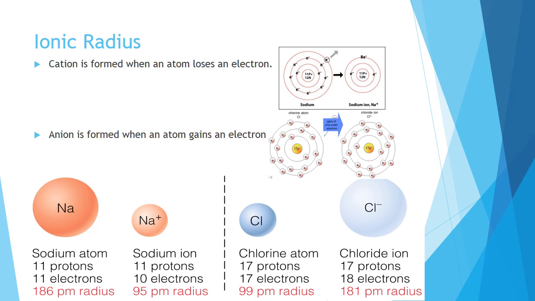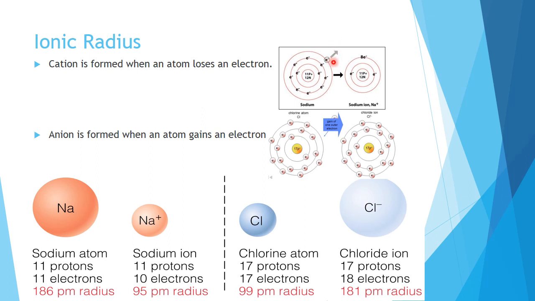When an atom loses or gains electrons, it forms ions. For example, when sodium loses one electron, it forms the sodium ion, which is called a cation, the sodium cation. Sodium has 11 electrons, and the arrangement of electrons can be seen here. Two electrons are present in the K shell, 8 electrons are present in the L shell, and only one electron, which is called the valence electron or the metallic electron, resides in the outermost shell. When sodium forms a positive ion, this electron has to be lost.